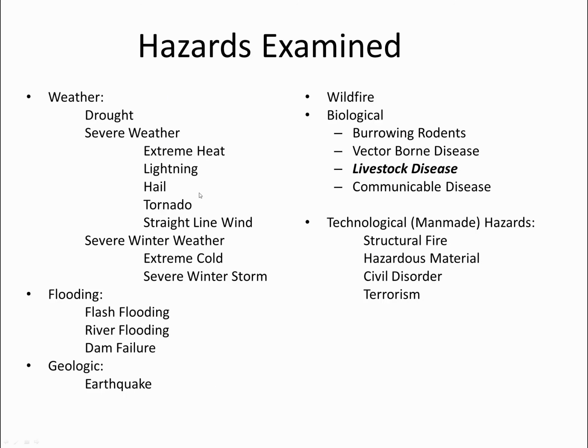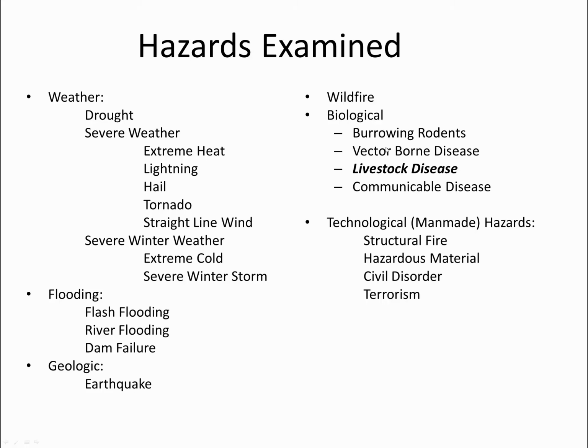The hazards that were examined as part of the Jerome County All-Hazard Mitigation Plan update include drought, severe weather with 5 subcategories of extreme heat, lightning, hail, tornado, and straight-line wind, severe winter weather, which includes the categories of extreme cold and severe winter storms or blizzards, flooding, which includes flash flooding, river flooding, and dam failure, geologic, which includes earthquake, and in some communities landslides and snow avalanches, but not in Jerome County, wildfires, biological, which this year has